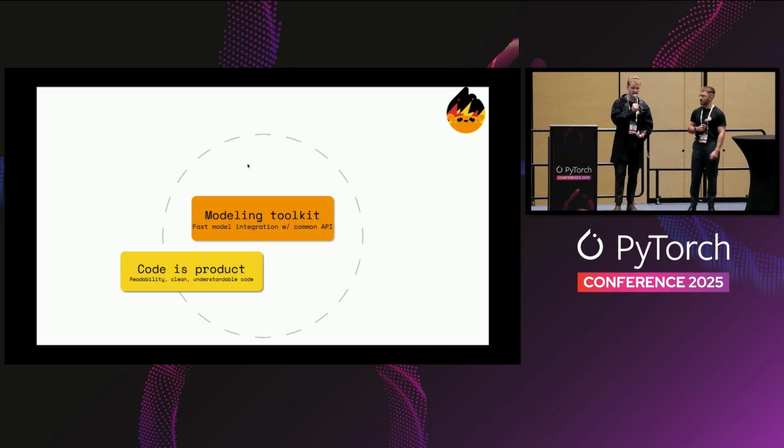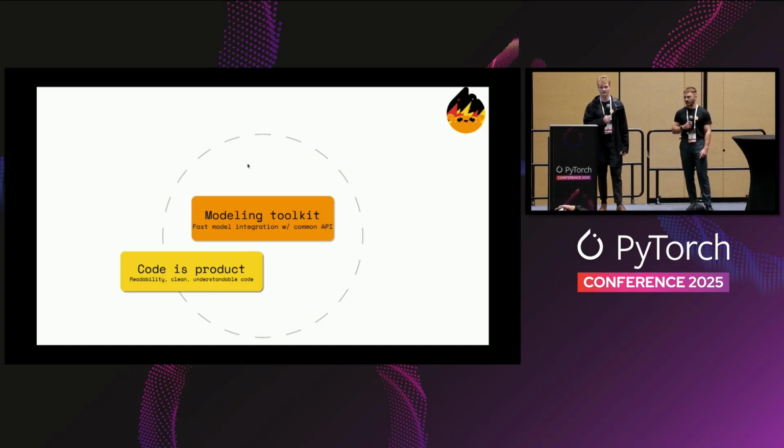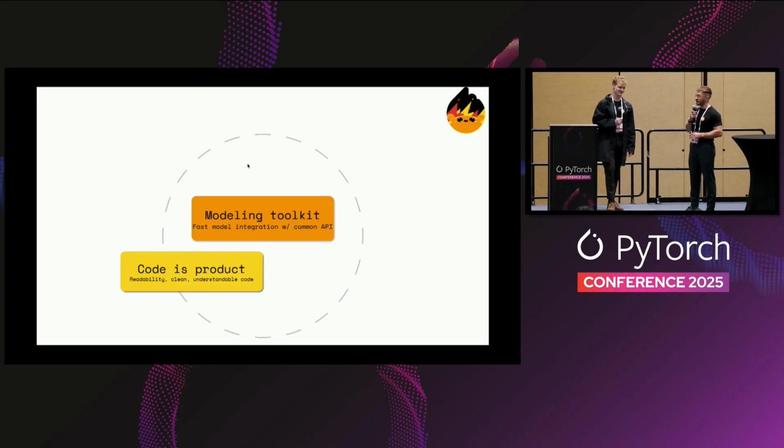And all of this led to a core principle of the Transformers library, which is that code is a product for us. It needs to be understandable, it needs to be simple, and it needs to be readable. And so if we take a look back at 2019, 2020, the size of the models that were released then were between 100 and 400 million parameters, which seems really small in comparison to the models that we have right now. But back then, training or fine-tuning such a model was still a bit complicated, and pre-training was just reserved to the bigger labs.